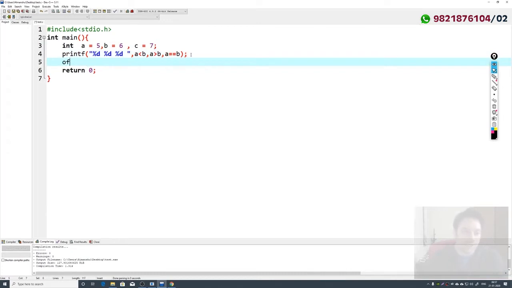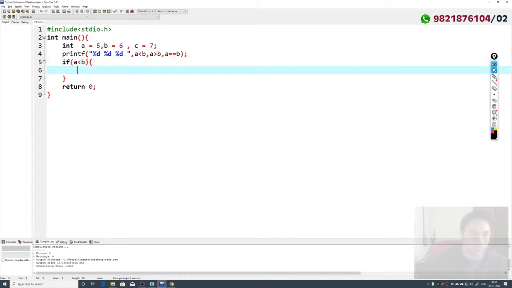So it means in the if else condition, whenever I give this condition here, the condition takes an integer value. I can give a value as 1, or I can also give a value as 0. If I am giving a value as 1, that means it is true. If I am giving a value as 0, that means it is false. ठीक है. So if I am doing something like this, if a is less than b, then